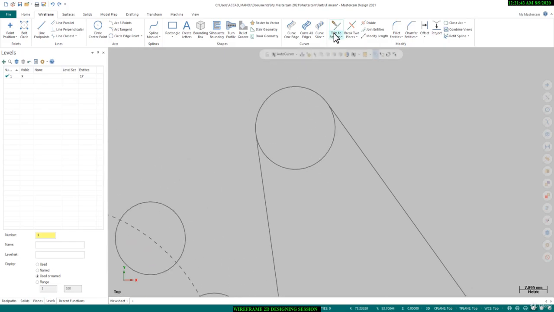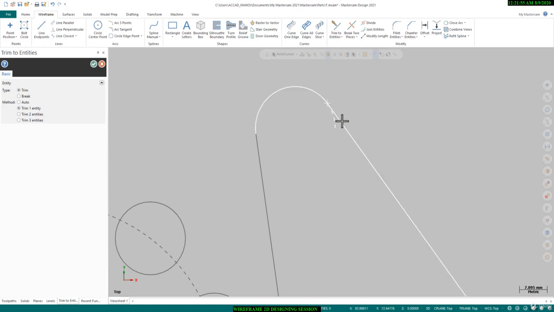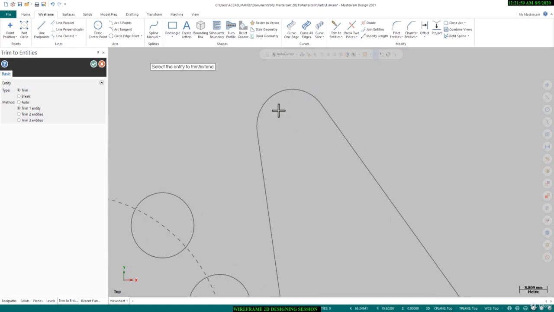If it is giving any error, then we will use the trim entities command. So we will use trim one entity: this circle trim with this entity, and this circle trim with this entity. So you can delete that. Okay,